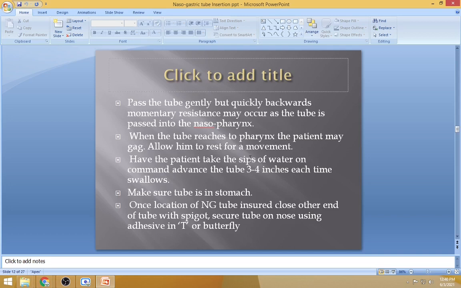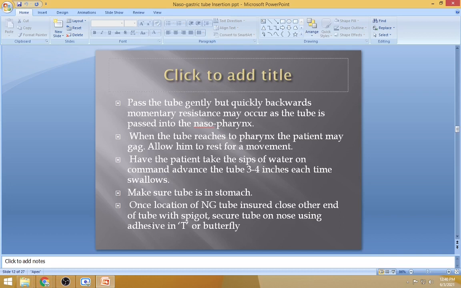And have the patient take a sip of water on the command. Advance the tube 3 to 4 inches each time the patient swallows. Make sure that the tube is in the stomach. Once the location is confirmed, close the other end of the tube and secure the tube on the